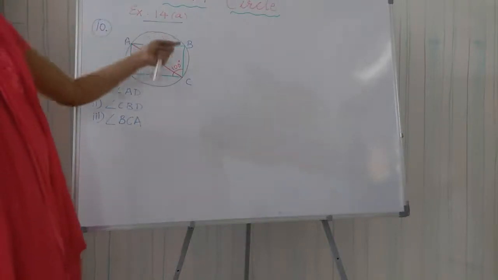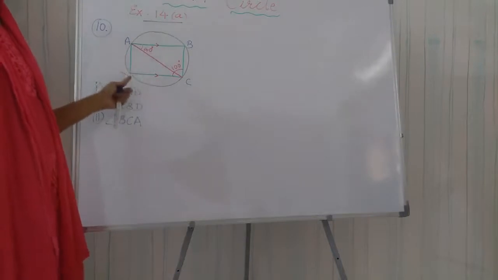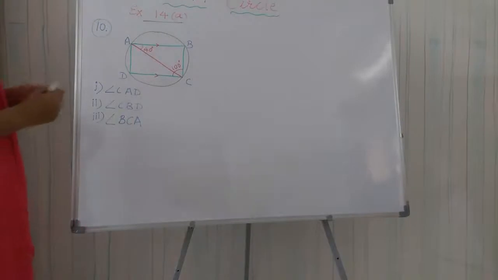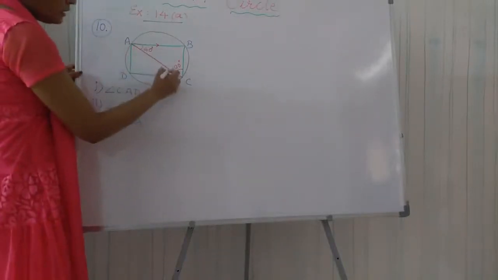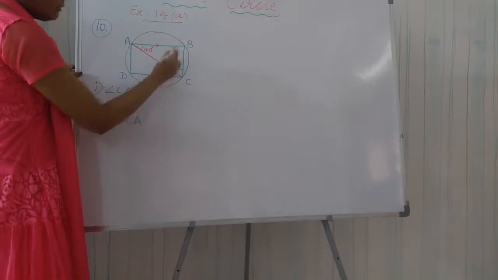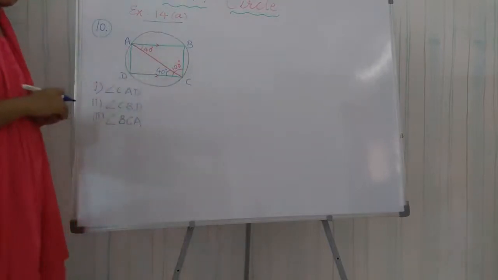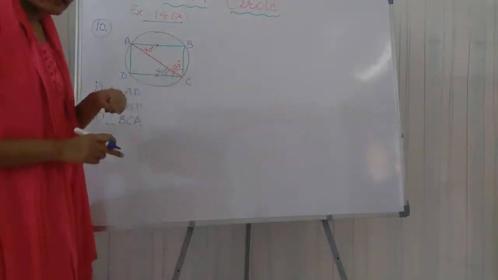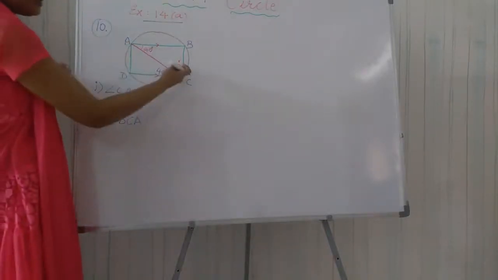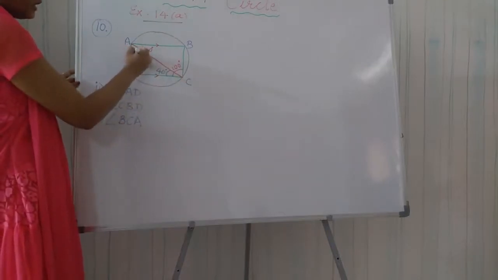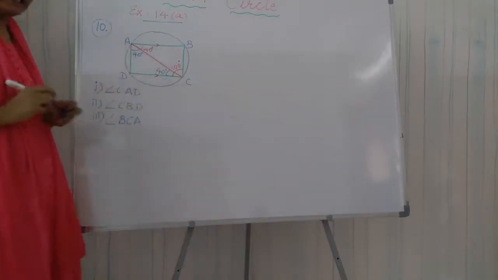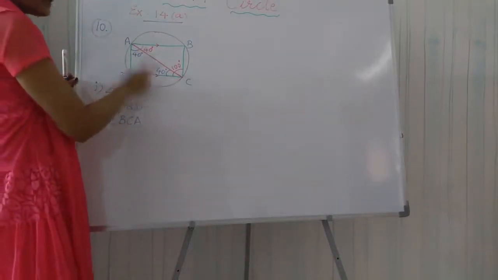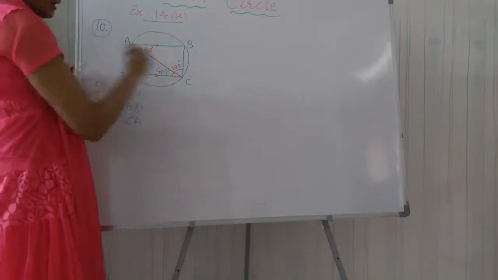So this is the cyclic quadrilateral. By the figure only you can see. One more thing, the AB is parallel to CD. So first of all, you can write as this is 40, this angle also will be 40 degree. Why? Because they are forming alternate angles. Second thing students, that opposite angles of a cyclic quadrilateral are always supplementary. So if this is 100 degree, this must be also 80 degree.